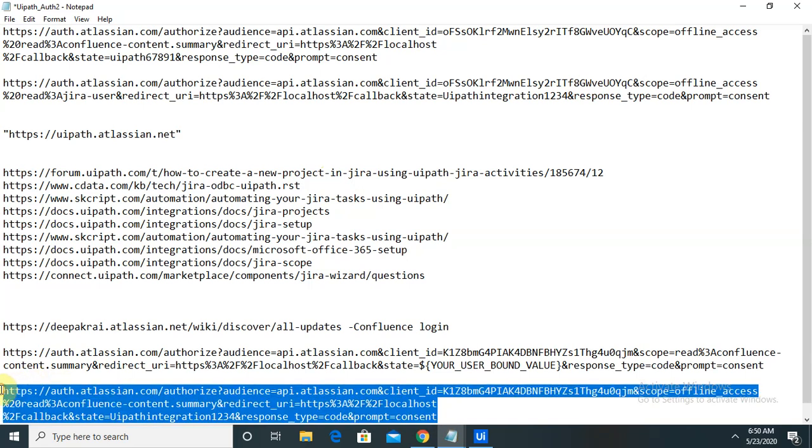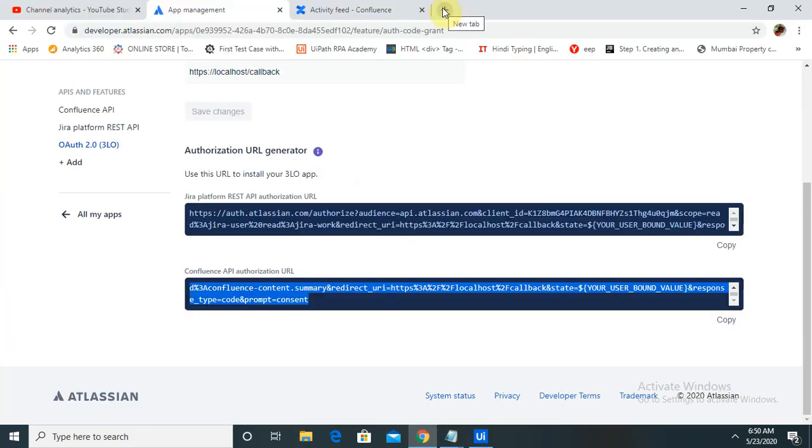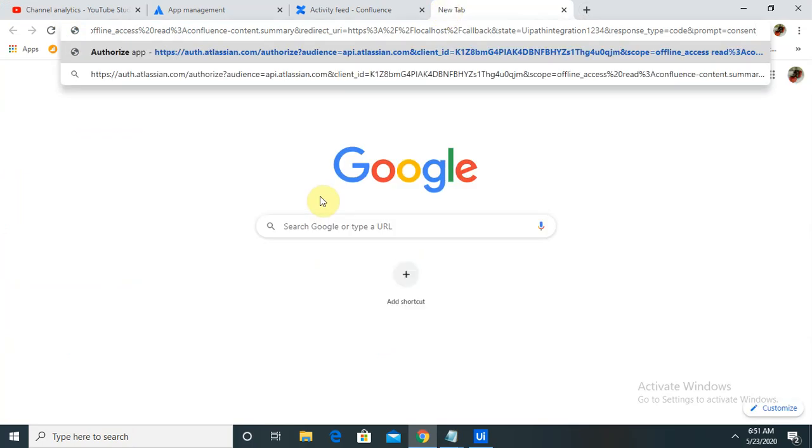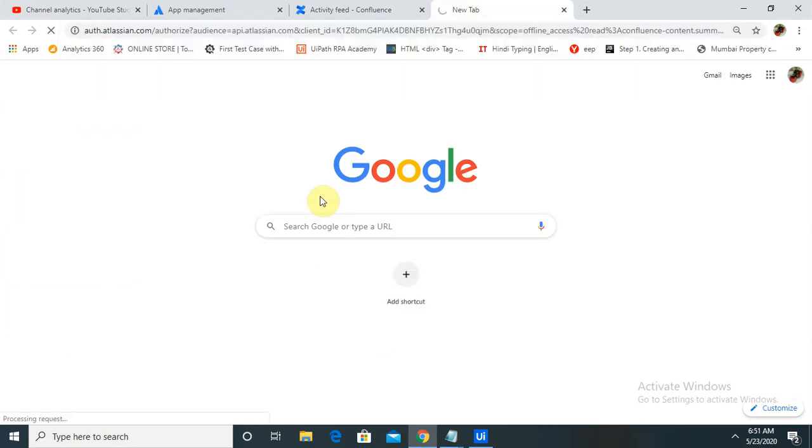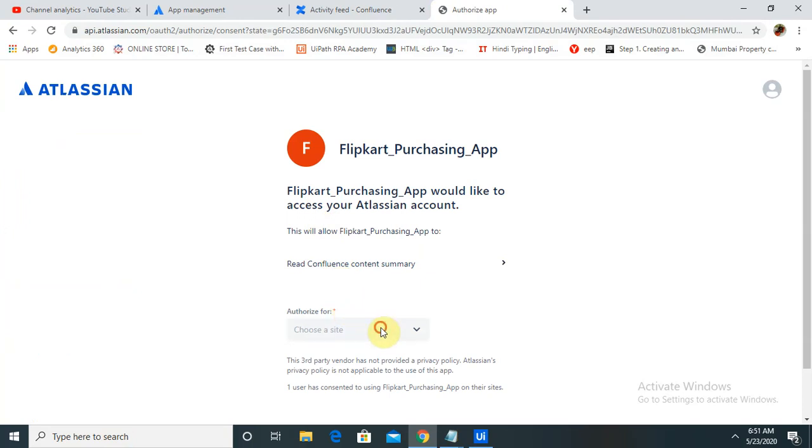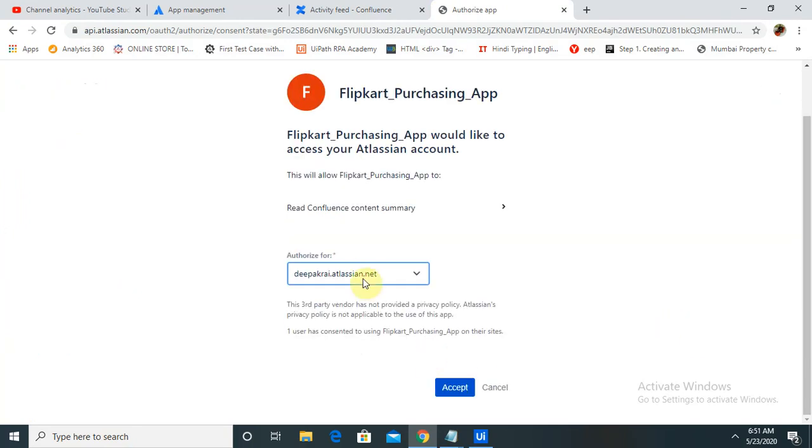Copy this complete URL after making changes and paste it into your browser. Just hit enter. You can see the Confluence application portal is available. You have to provide your authorization app, and after entering this, click on accept.